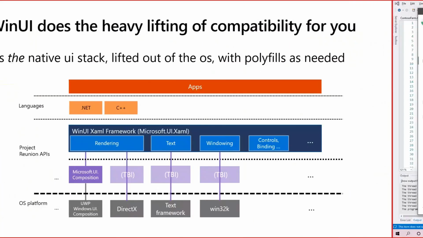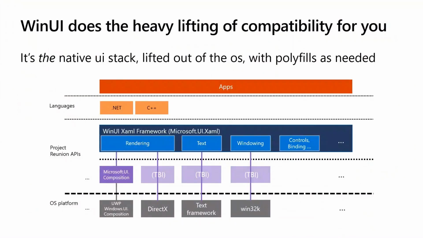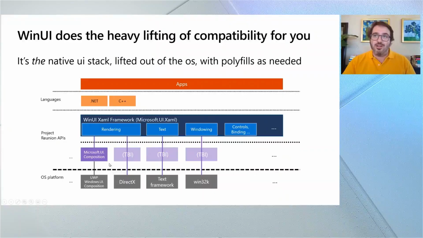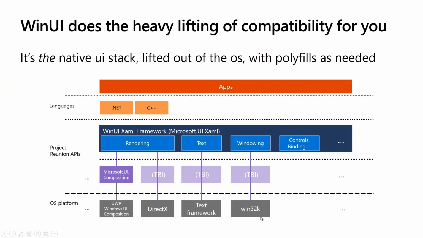because we're doing a lot of the heavy lifting for you in creating that compatibility using polyfills where needed. So it's simple for you. Just write against the APIs of the Project Reunion components like WinUI. And under the covers, in some cases, we're lifting things out of the OS entirely, like the composition engine. In other cases, there are things that are a little more pedal to the metal, like Win32k.sys, that gets into more hardware stuff. And so that just plumbs through, or in some cases a polyfill is needed to work across OS versions. So that's the idea of it.